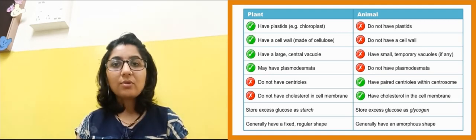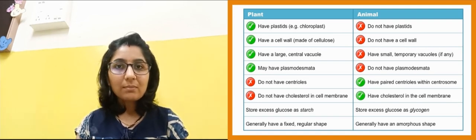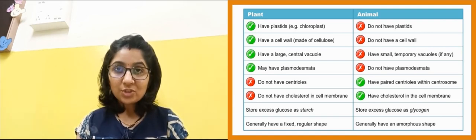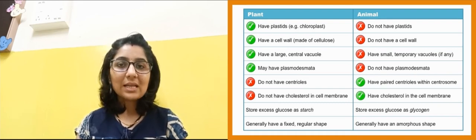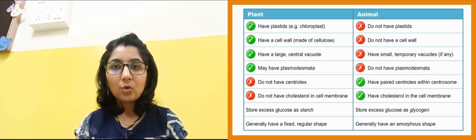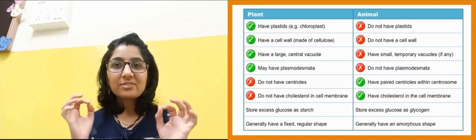So this is all about the plant cell and the animal cell, their various components, and the structure and functions of the cell. And also we have seen the differences between a plant cell and an animal cell. I hope you all have understood this lesson. Just revise the lesson again and again. It will be fixed in your mind.